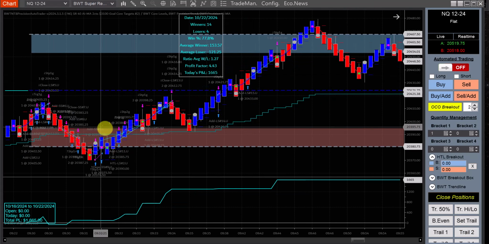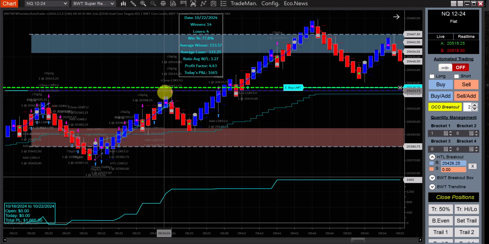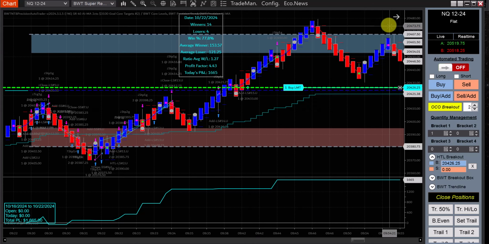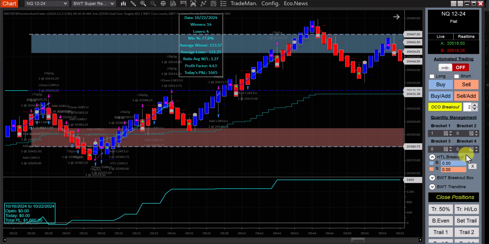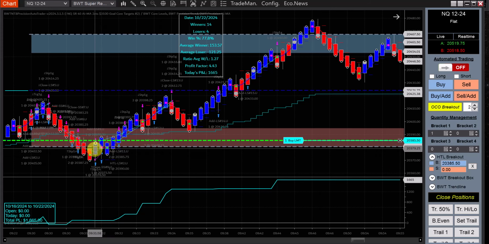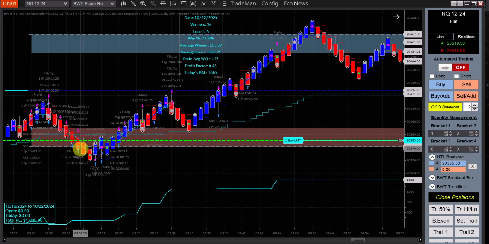Another thing about hybrid trading, to enter the trade, I can use our horizontal trend line breakout, which would take me into the trade if it crosses this line. Right now the market's trading above this price, so it would have to come down to it. But for example, if I was to go long here, I would just put my trend line right there and it could take me into the trade. So in hybrid trading, you can use the horizontal trend line ahead of time to take you in